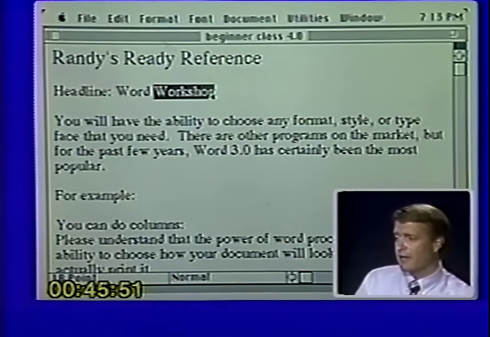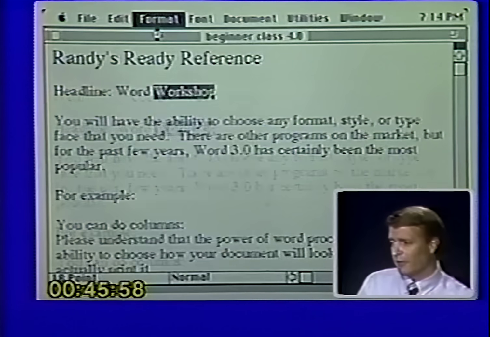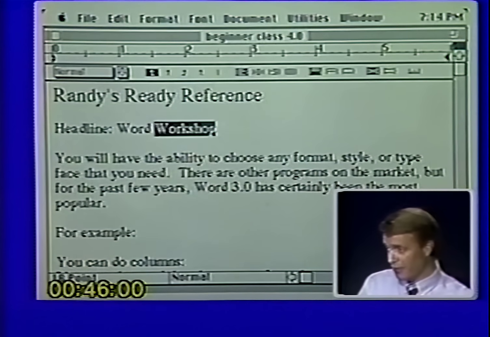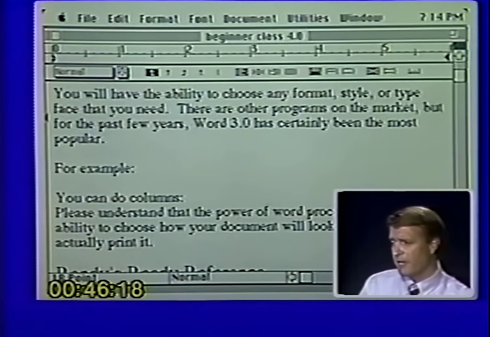So let's go back to the computer here and let's bring out a ruler. Now the ruler can be found, you can either hit your Command key and R, or you can go up to Show Ruler. And there is the ruler, and it'll look familiar to most of you. So let's go through all the options in the ruler. First of all, you will notice some little boxes under the 3-inch mark. 3 to 4 inch, there are 4 boxes. 1, 2, 3, and 4. Those are your justification boxes. Justification. So let's change the justification of this paragraph.